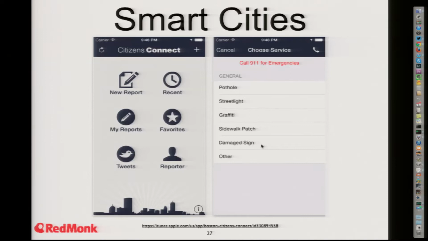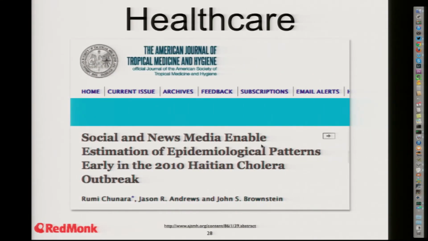And you get reports back when you report something to the city of Boston, and a couple of other cities are rolling these out as well. In this particular one, when you report an issue, you get a communication back from the city telling you who is assigned to fix that item, and then that person contacts you to say when they have done it, and often they'll photograph it, and you get a photograph of the item you've reported having been fixed by the named person who's done it. So very smart.